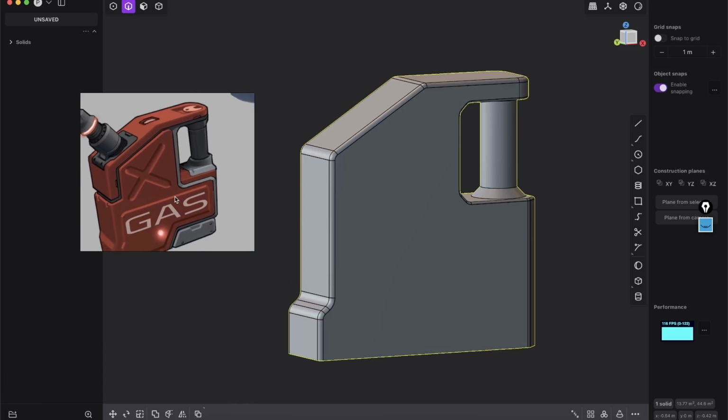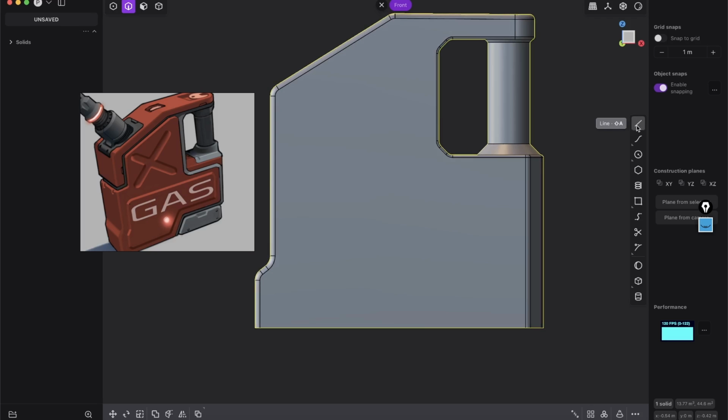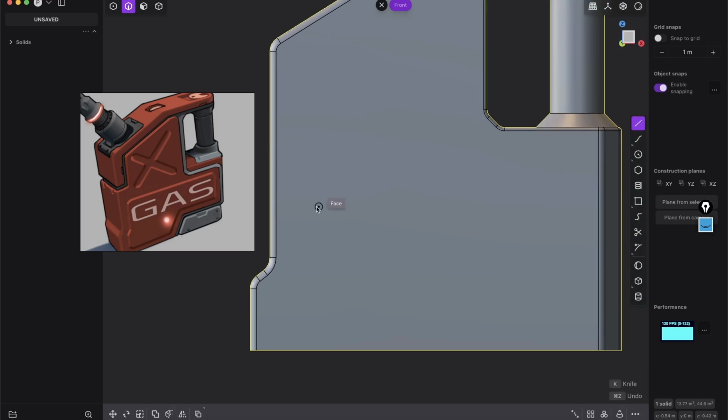So now let's do something very interesting. So I want to create here this little extrusion and with the gas font. So let's go to the front view and again create a curve. And it's a little bit different than, or it's completely different than with polygon modeling. But you mostly work with curves, and then you just draw a curve with the shape that you want. And then you use this curve to create the shape